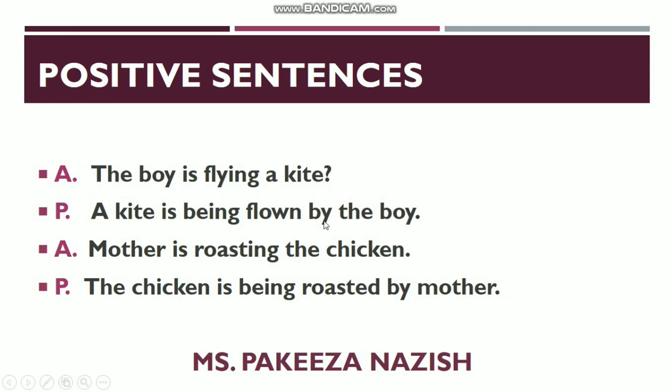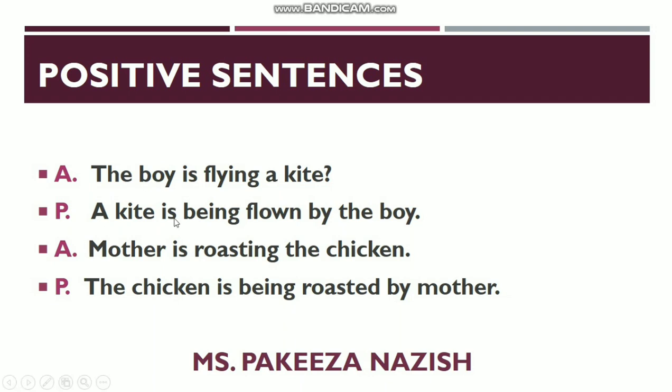This boy, the subject, is going to the end of the sentence, and a kite, the object, is coming in the beginning of the sentence. And we are using the same helping verbs which are in the active. It is not like the indefinite formation. The continuous formation will use its own helping verbs which are used in its active voice. In the active voice, is, am, are, so similar helping verbs is, am, are will be used in the